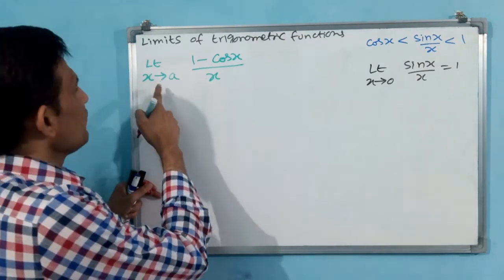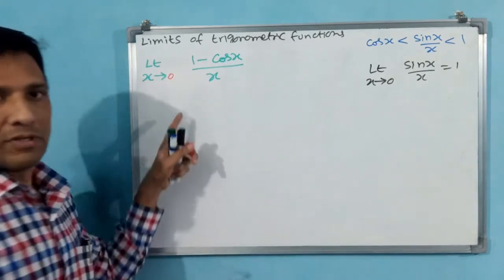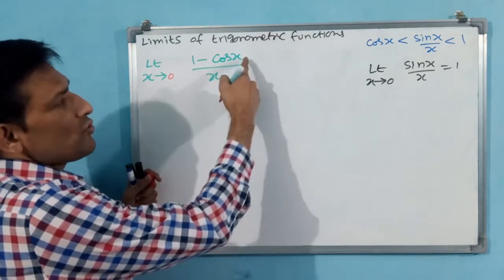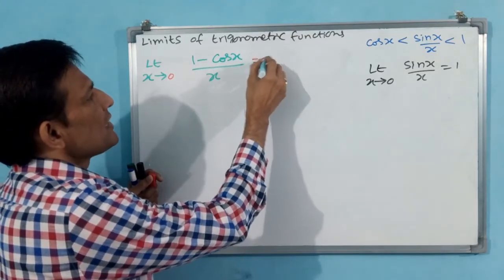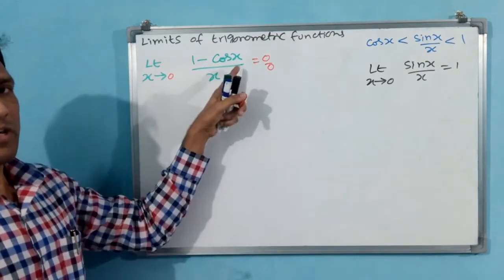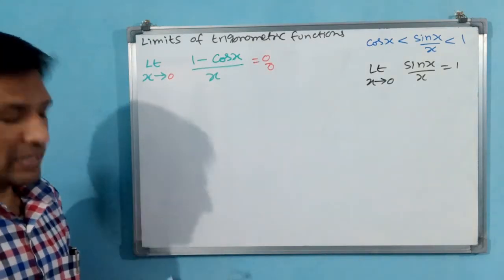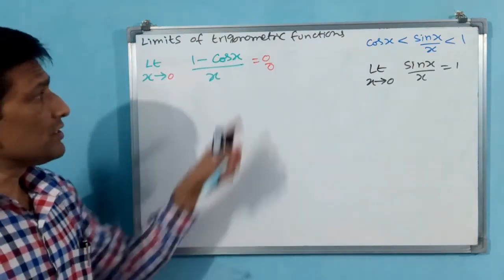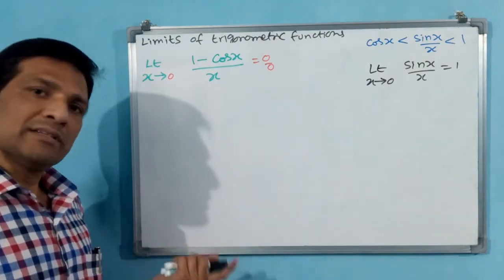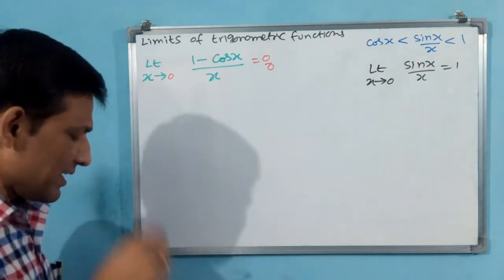Like a normal function, if you substitute 0 here, limit x tends to 0, 1 minus cos x by x. See, cos 0 is 1. 1 minus 1, 0 divided by 0. Is it okay? Cos 0 is 1. 1 minus 1, 0 divided by 0. 0 by 0 will come if you do it normally. But we have to avoid this. This is becoming case 3. If a normal value comes and the denominator is not 0, then that is going to become case 1. Case 1 we have to make it. How to make it, you see, I am making it.